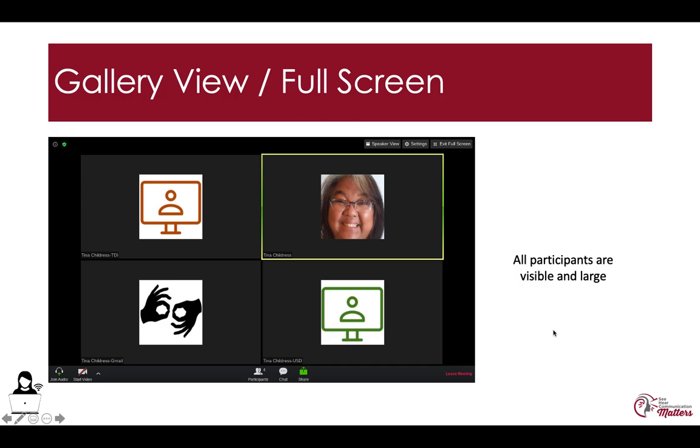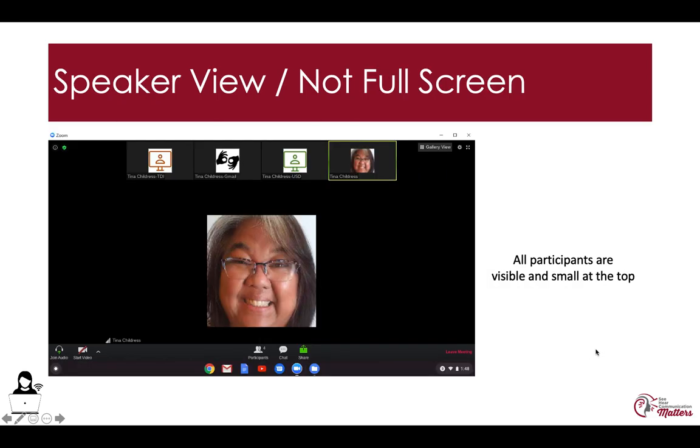The other thing that you should know is that if you are a presenter and you are on a computer, you can actually rearrange the video of your participants to put them in whatever order that you want, but you can only do this if you are on a Windows computer or a Mac. But since you'll be sharing your screen, everybody else will see the same thing. So that's a nice thing to keep in mind.